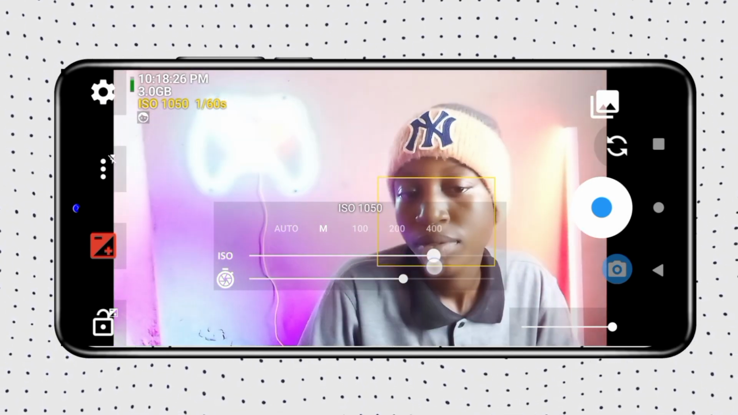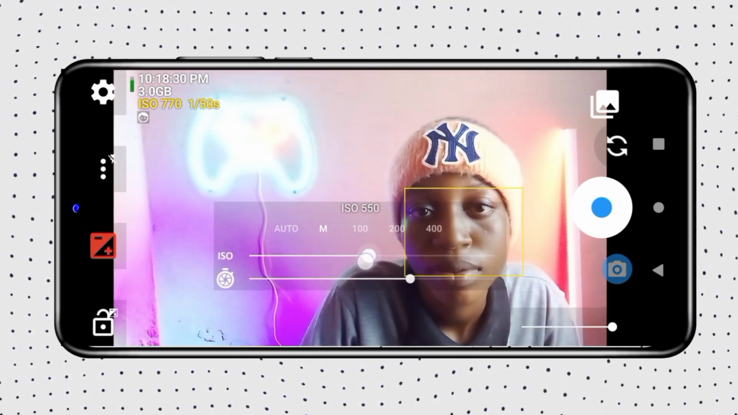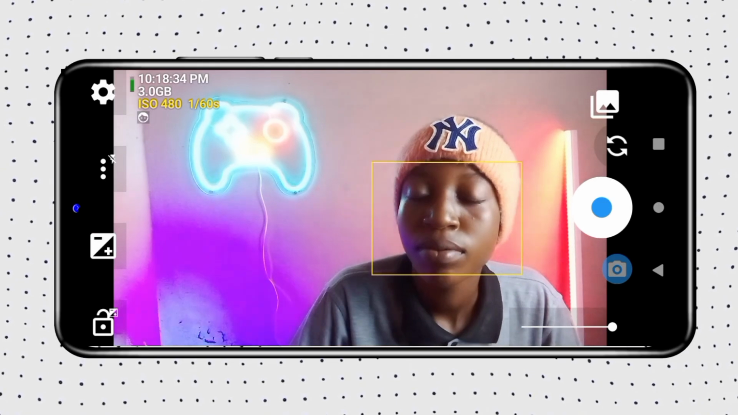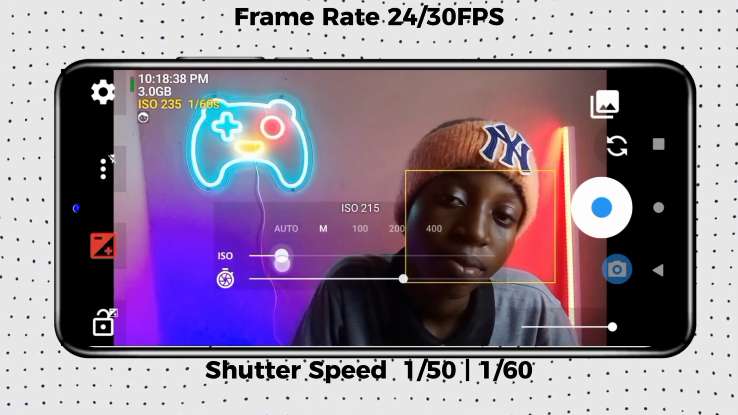It's going to make your video lose a lot of quality, right? So you just have to reduce your ISO to achieve better video quality. Now for the shutter speed, which is down here, we need to make our shutter speed